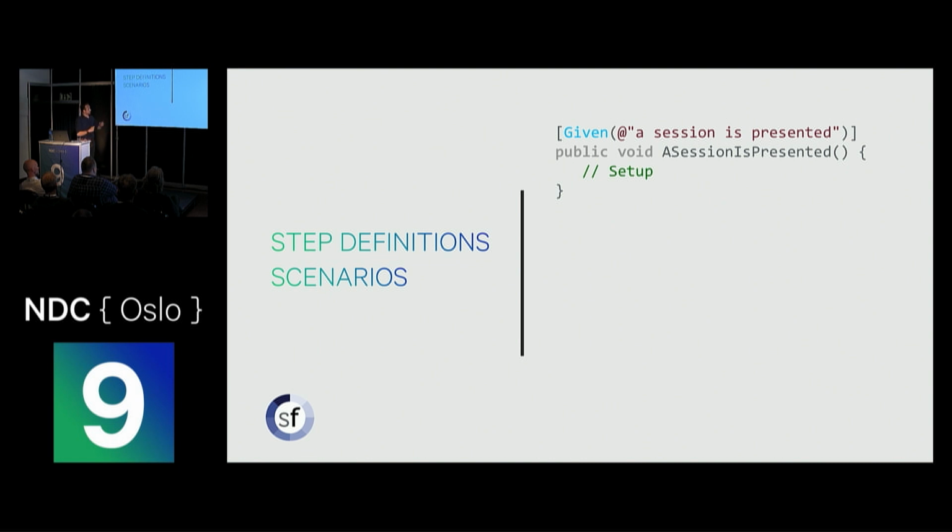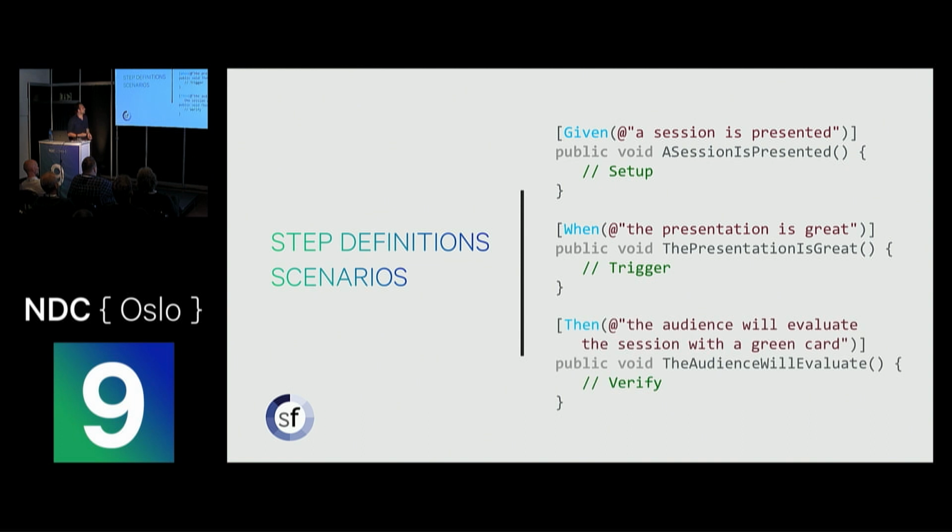So, like I said, I'll be using SpecFlow. I'm going back to the presentation example. And what we're seeing over here is a couple of lines of C# code. And the C# has an attribute on top of it. And there we see the given step. So given a session is presented, it's kind of a regular expression. So SpecFlow knows that when it sees this line inside of your feature file, it can automate and do stuff. This is a setup step. And obviously, the same counts for the when and then steps. So these are actually the same lines that you could see within your feature file. And within that, we can automate all the steps that we need in order to make sure that everything is working correctly.